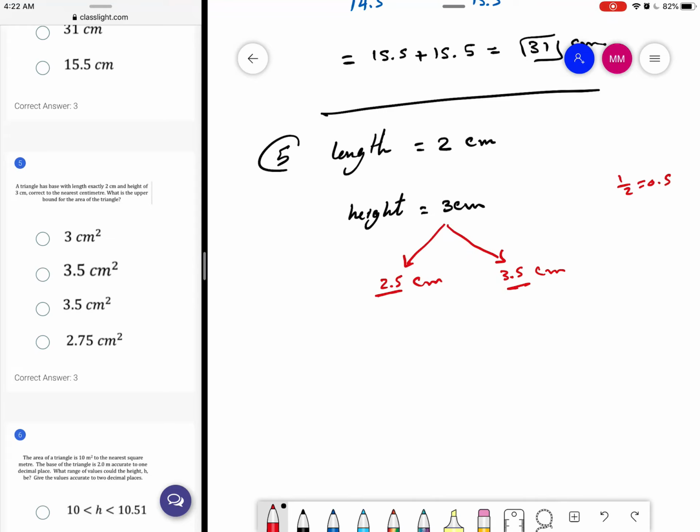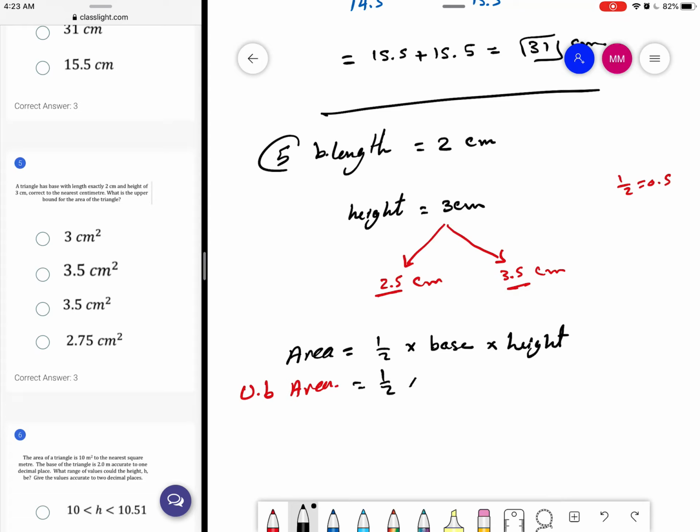He said, what is the upper bound of the area? First, let's remember the rule of area. Area equal half multiplied by base multiplied by height. Okay, this is the base length. So if I need to get the upper bound of area, this half you will leave the same. The rest is multiplication, so it will be upper multiplied by upper, so upper bound of base multiplied by upper bound of